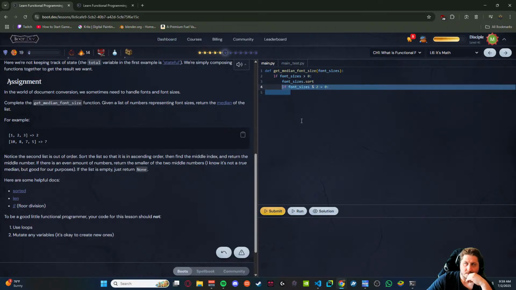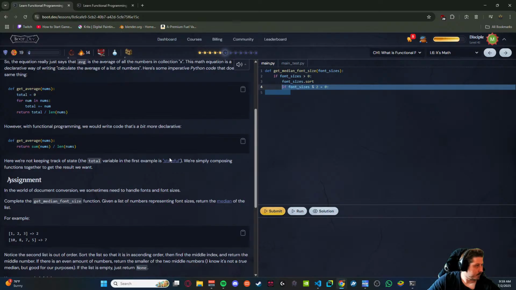Okay, then where was it? Font sizes by len font sizes.